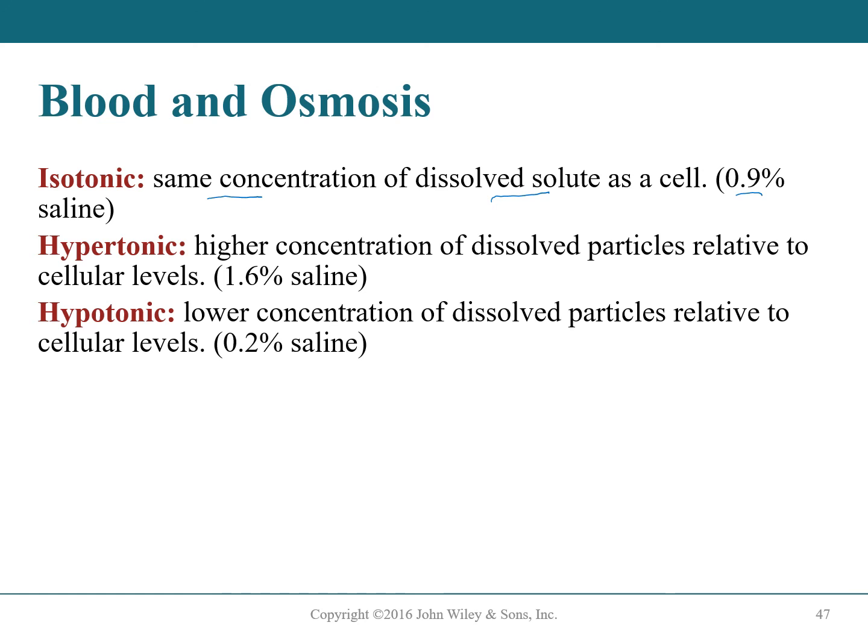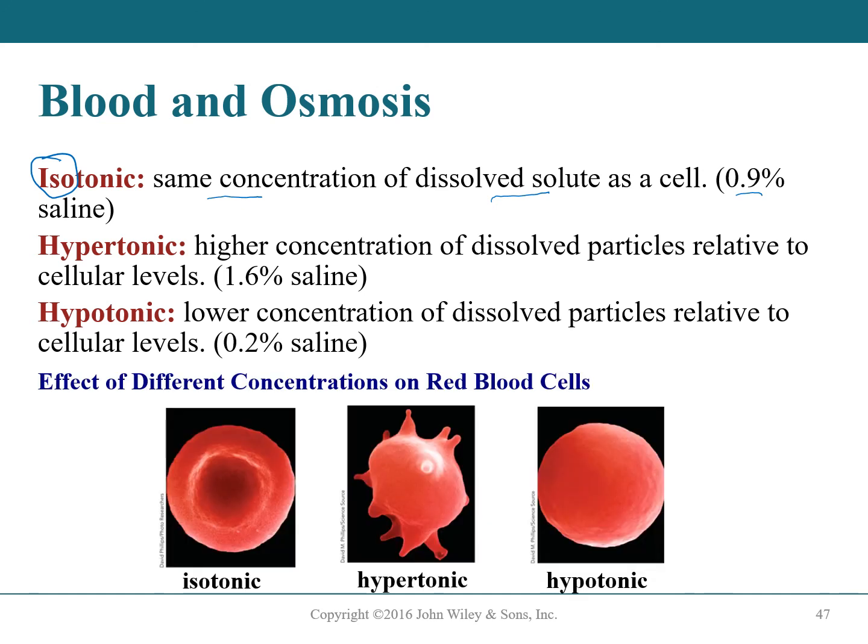So iso in this term means that they're the same. That's why when we give IVs or work with patients, we have to be careful. You don't give an IV of pure deionized water. You're going to kill the person, right? You need to make sure you have an isotonic solution so the cells in your body don't see any pressure,